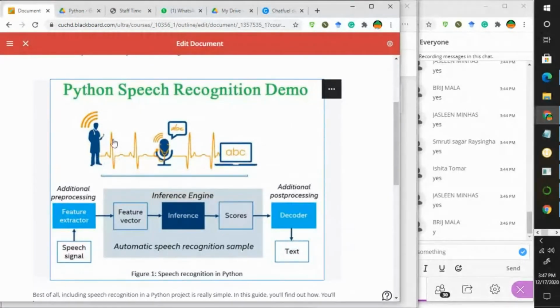So this hi is represented like this, how is represented like this, are is represented like this, and you is represented like this. So each word has a spike. Okay, so how are you means this particular how word is represented with this spike, are is represented with this spike, and you is represented with this spike.